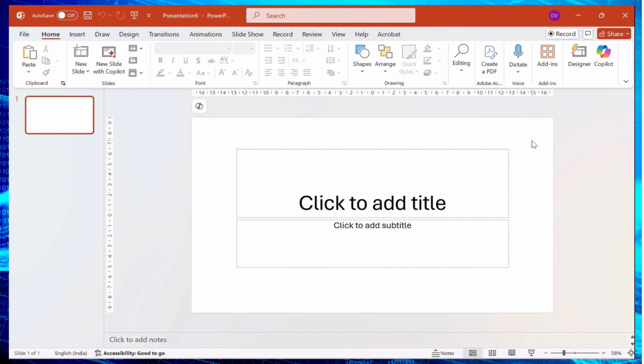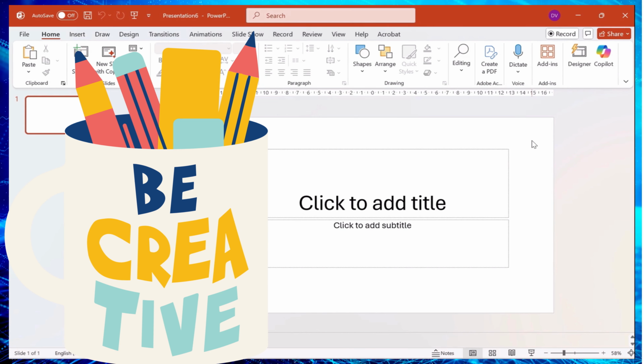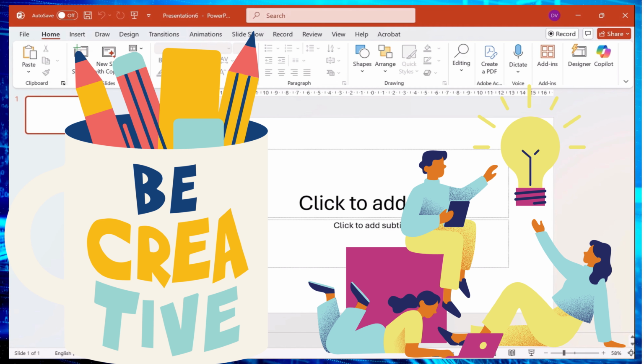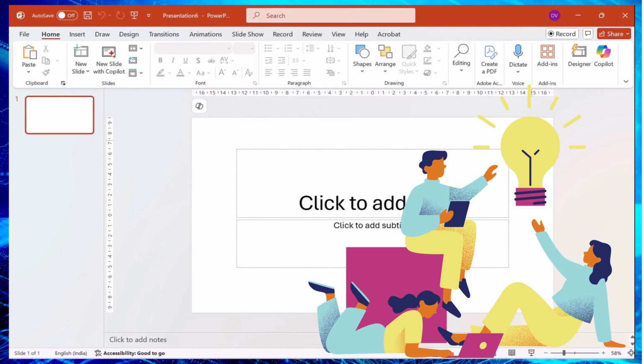Copilot is not just any assistant, it's like having a creative buddy powered by AI. What is AI? Artificial intelligence. It lives inside your Microsoft 365 apps: Word, Excel, PowerPoint, Outlook, and Teams as well. And it helps you do your work smarter, faster, and cooler. In PowerPoint specifically, Copilot can create a new presentation, suggest design, rewrite content, summarize your information, and even generate speaker notes. Basically, it's the sidekick we always wished for, minus the coffee breaks.